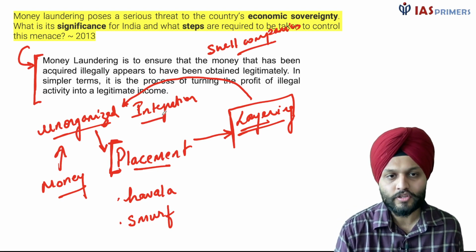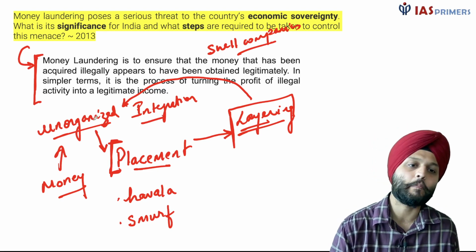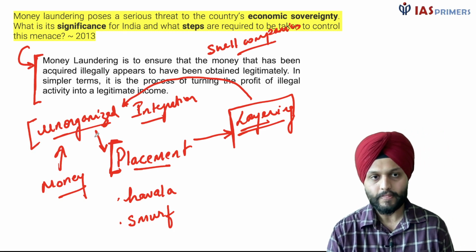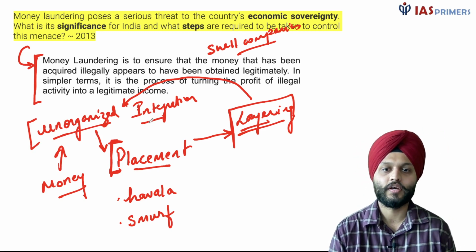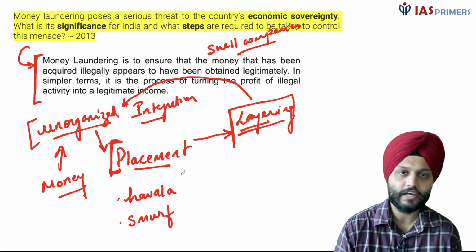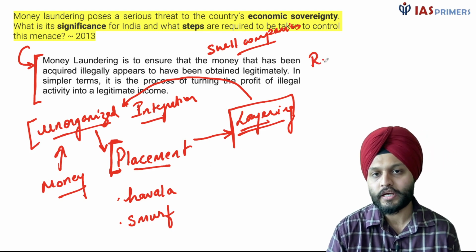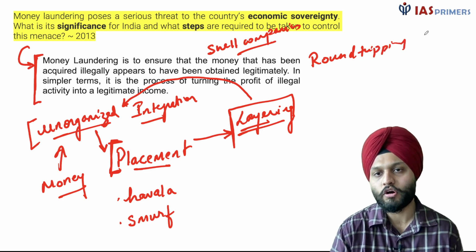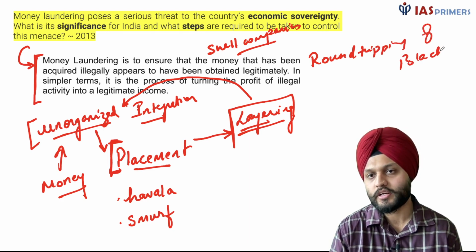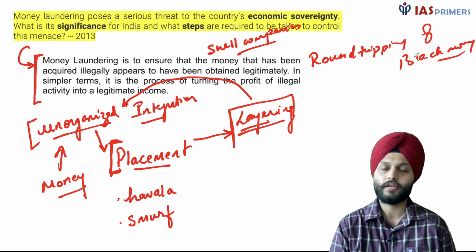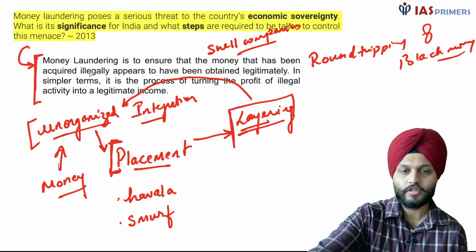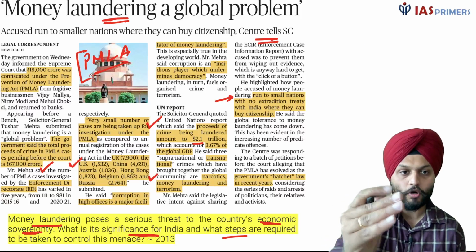So by such means, the money is reintegrated back to the unorganized crime syndicates. Clear? Ready? Okay. Now if you can see this, what is happening? Round and round tripping of black money. So another concept here, round tripping of black money is taking place. Clear? Okay. So you can define money laundering, you can start your answer, you can state the quantum of the